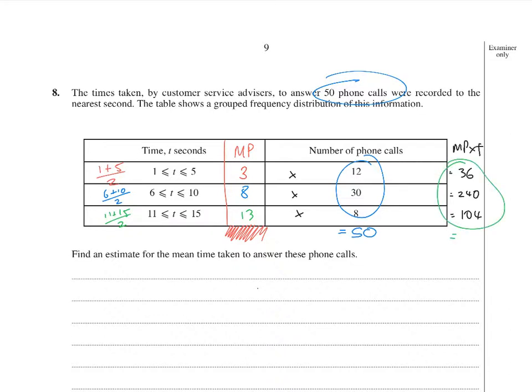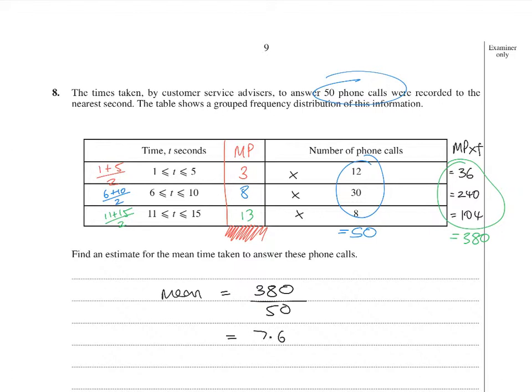So then again, that's going into a calculator. 104 plus 240 plus 36 is 380. So my answer now for the mean is going to be this column here, the 380 divided by the 50. Okay, so 380 divided by 50, and that answer is